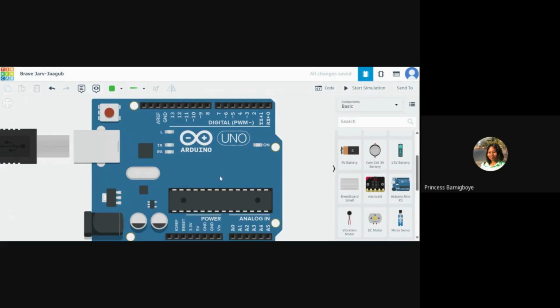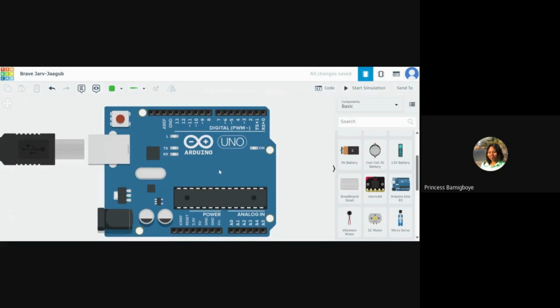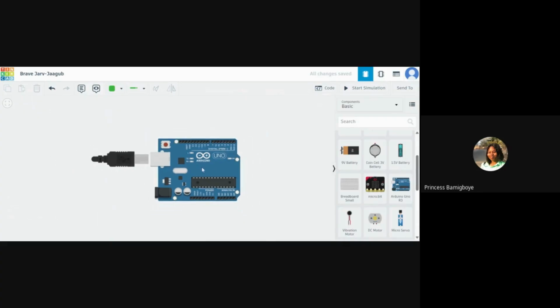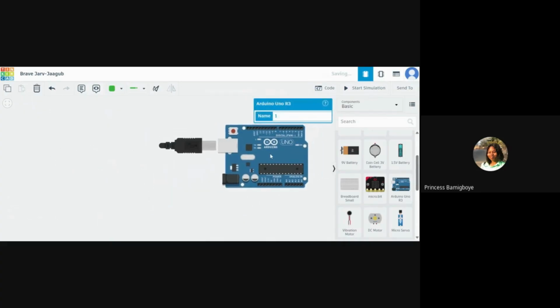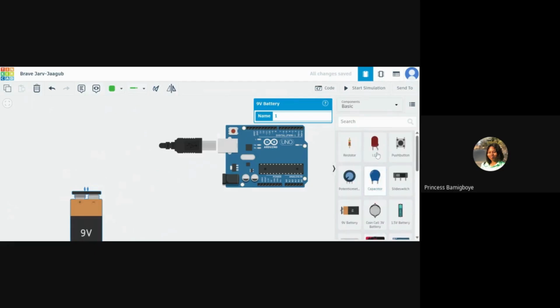So what do I mean by printed circuit board? You know how when you are carrying out projects, you have to use jumper wires to connect the different components or parts to each other. Let me cite an example, like the example we used in our first class. This is an LED, this is a resistor.